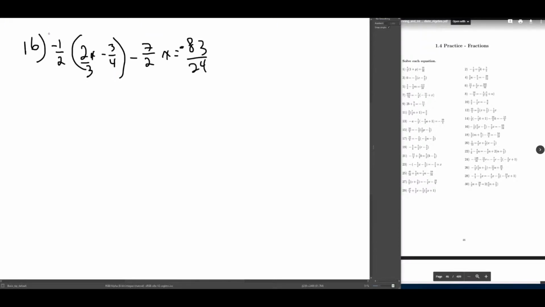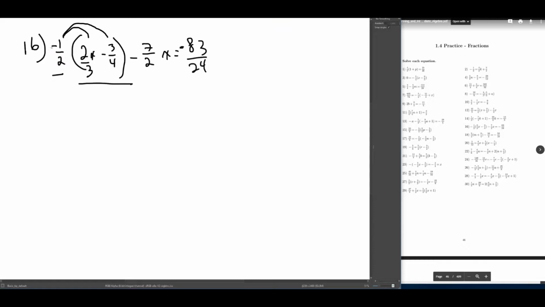All right, so back for more problems. Number 16 now, same thing. We cross multiply what's in the brackets and then we get rid of the fractions. So it's going to be this thing multiplied by this thing. And since we are subtracting here, we're going to multiply this by this, and we're going to multiply this by